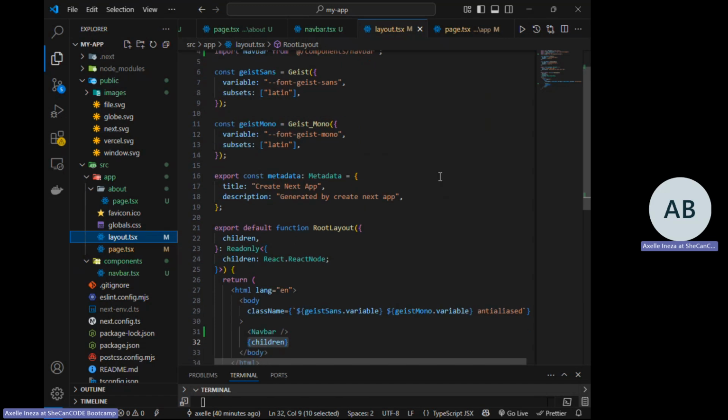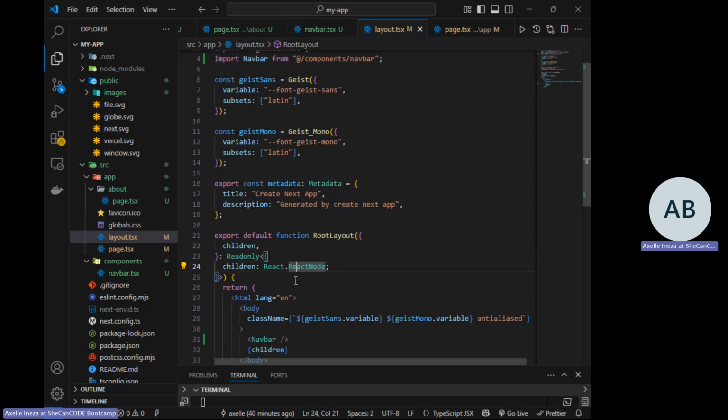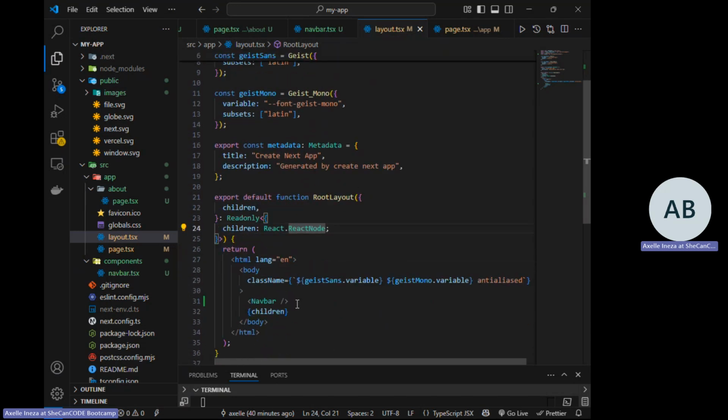Aka kari kariho ariko we didn't add it you know and automatically next knows that the children it means nyine